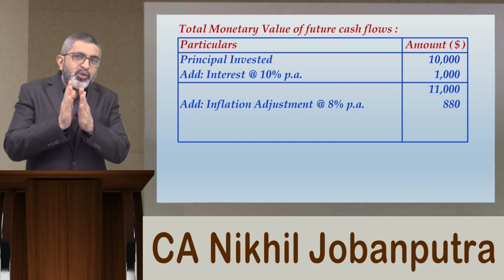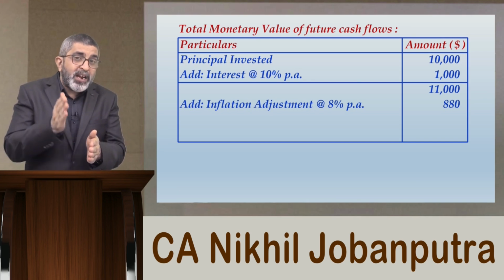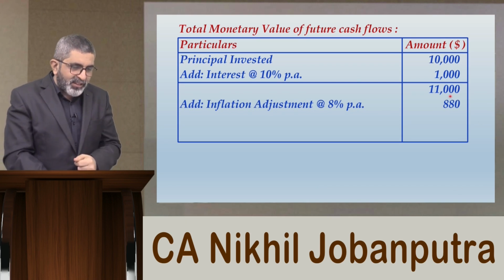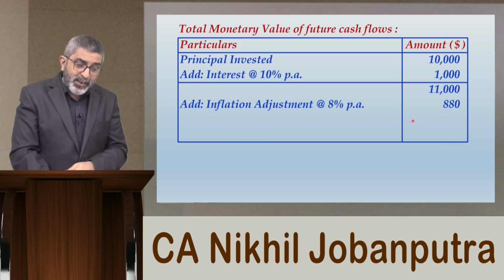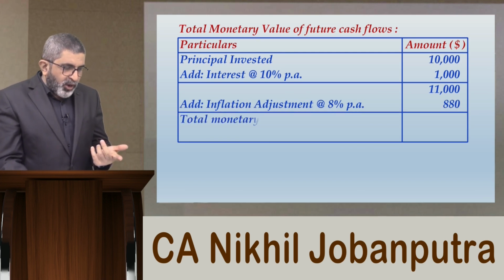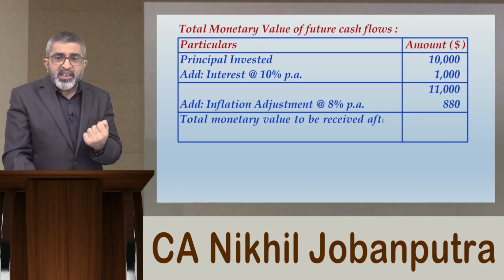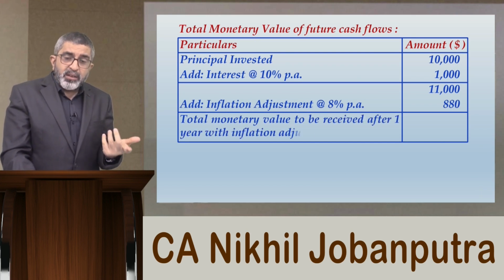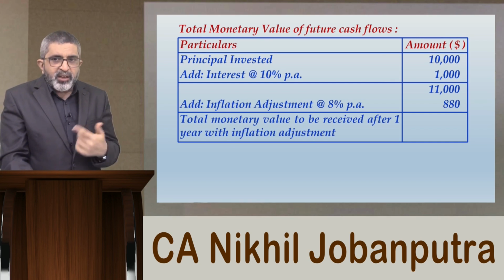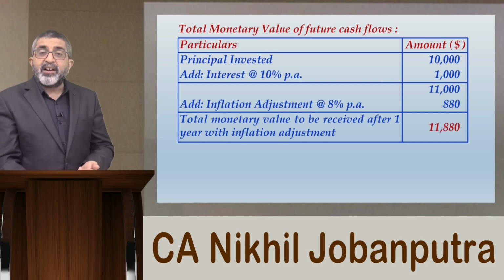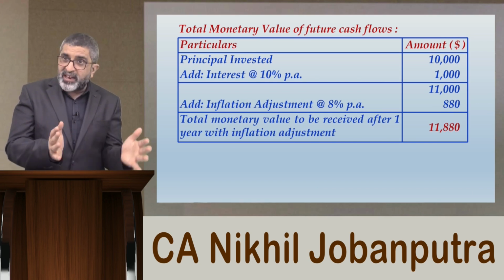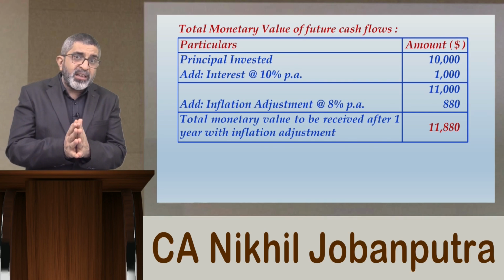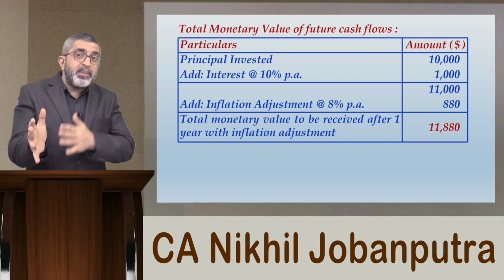As a result, your entire inflation adjustment of 8% will happen over that $11,000, and 8% of $11,000 will be $880. As a result, the total monetary value to be received after 1 year, with inflation adjustment, becomes 11,880. So what rate of return should you expect, which is an inflation adjusted interest rate? It will be $10,000 of today becoming